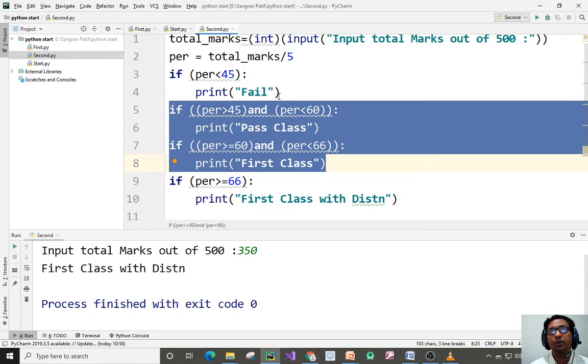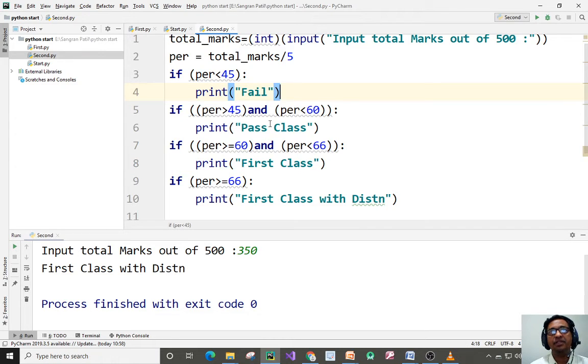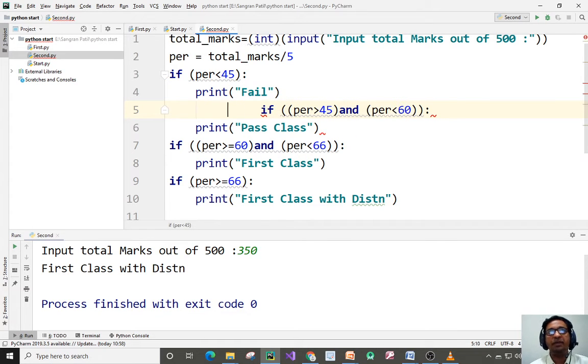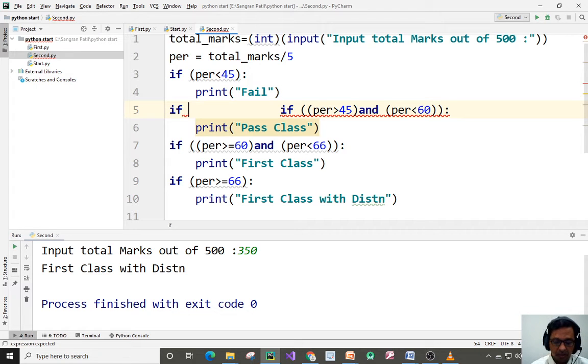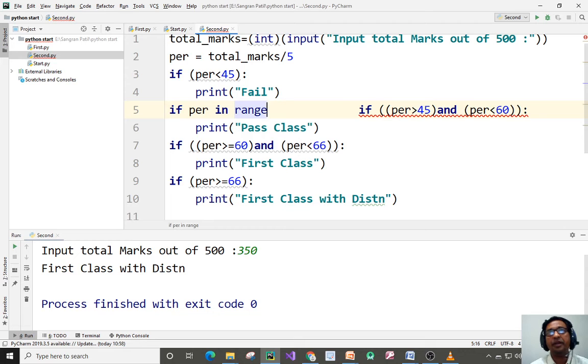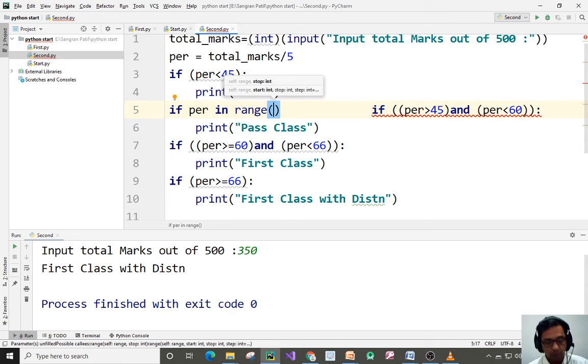Now what is the beauty of Python here? Now this we will try to convert it here to check the beauty of Python. So here we can give if percentage in range. This is a range. Sorry, this is greater than or equal to 45.